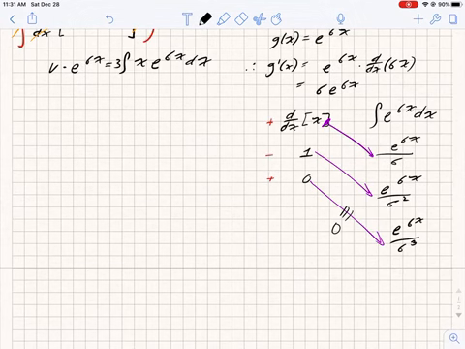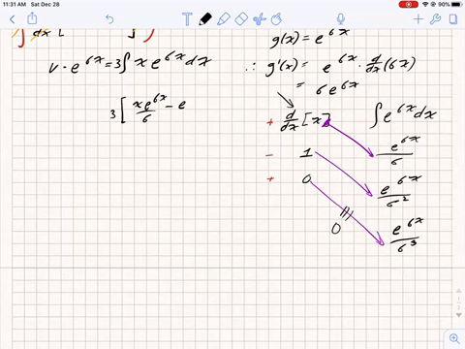Doing the tabular method on the other side, notice that when we did the tabular method, we neglected the 3. So this 3 remains. This 3 stays, and it's going to be multiplied by x e to the 6x over 6, and that's a positive. Then we're going to have a negative